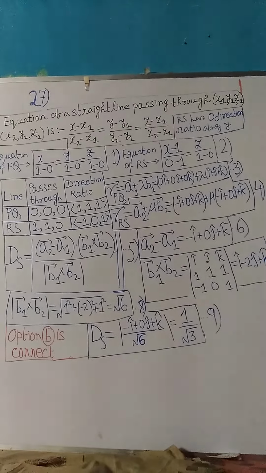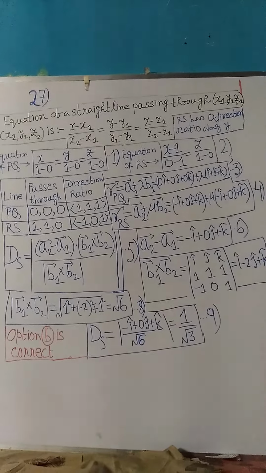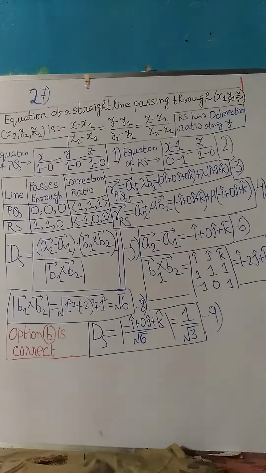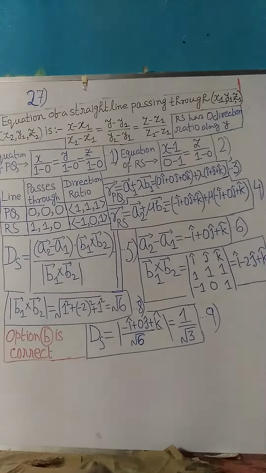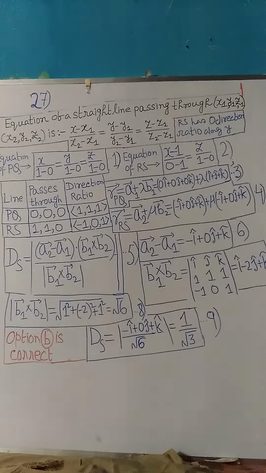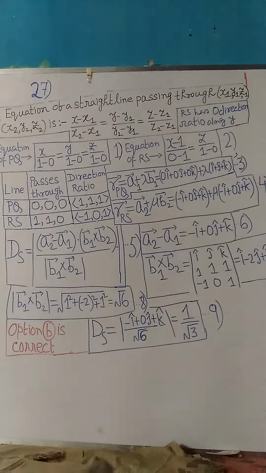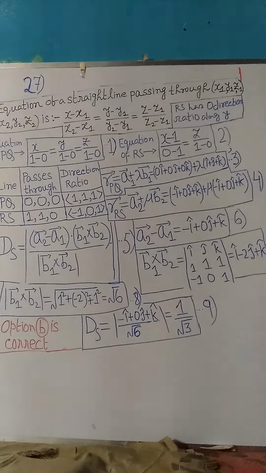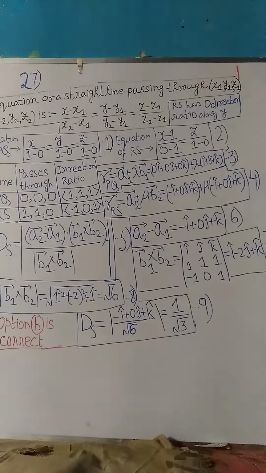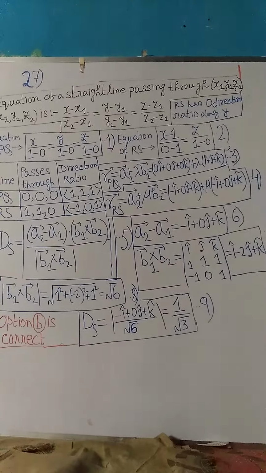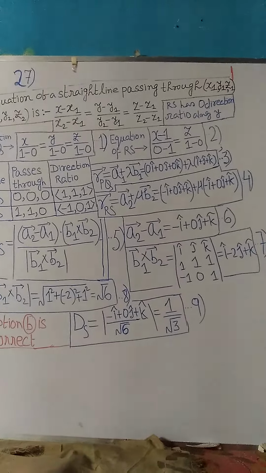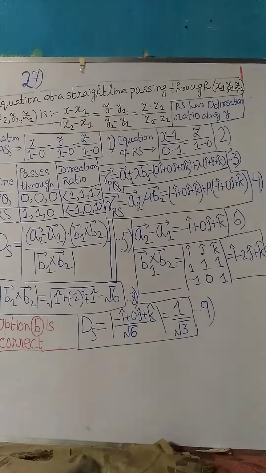Now for convenience, the points that the two lines PQ and RS pass through and their direction ratios are shown in tabular form. Please look at the table. It is a very important part for the solution. And on the basis of this table, the vector equations of the two lines PQ and RS are expressed through equation 3 and 4. Please look at those two equations.